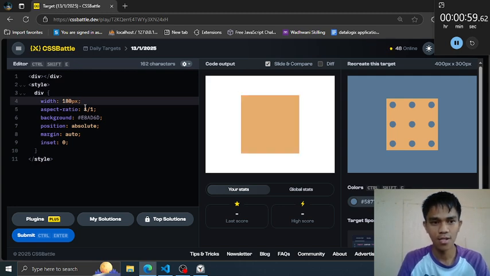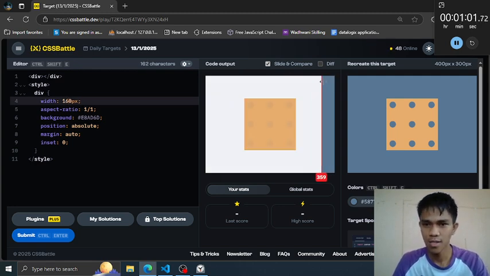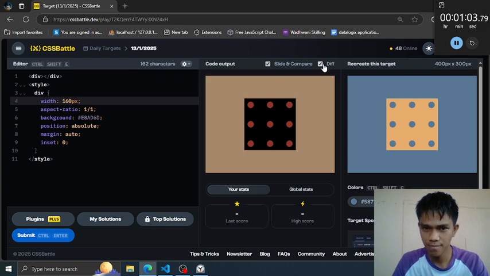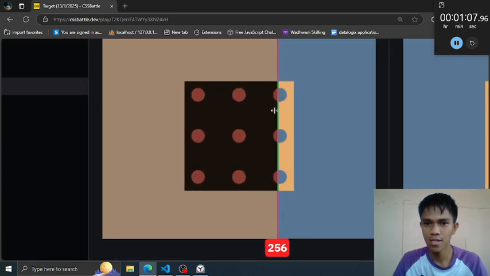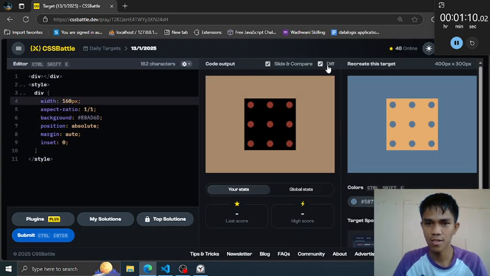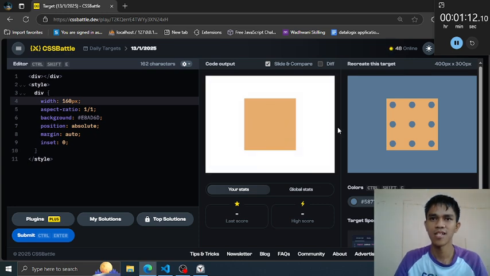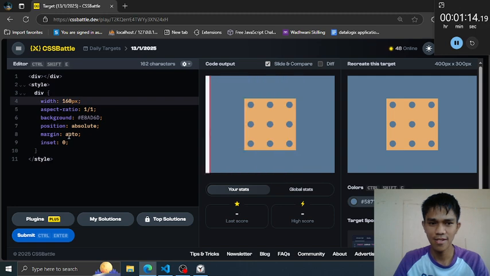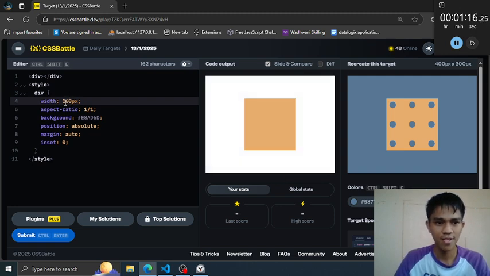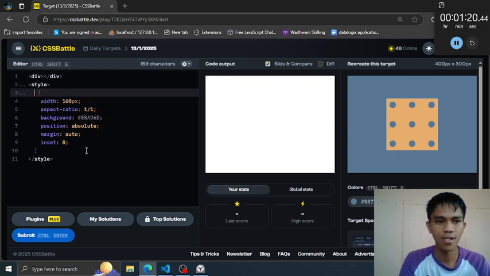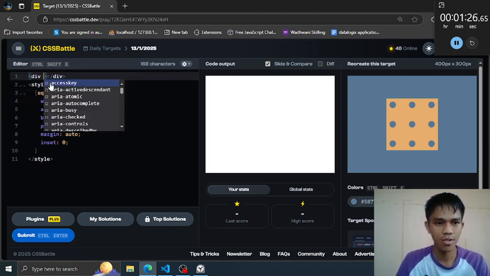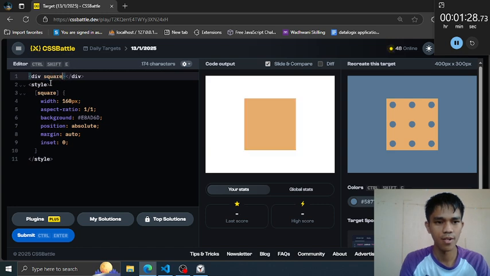180, 60. Yeah, from here we can just adjust based on the estimate. Yeah, estimate the size. So 60. Name this element square. So if that is square, then it should be square up here on the HTML.